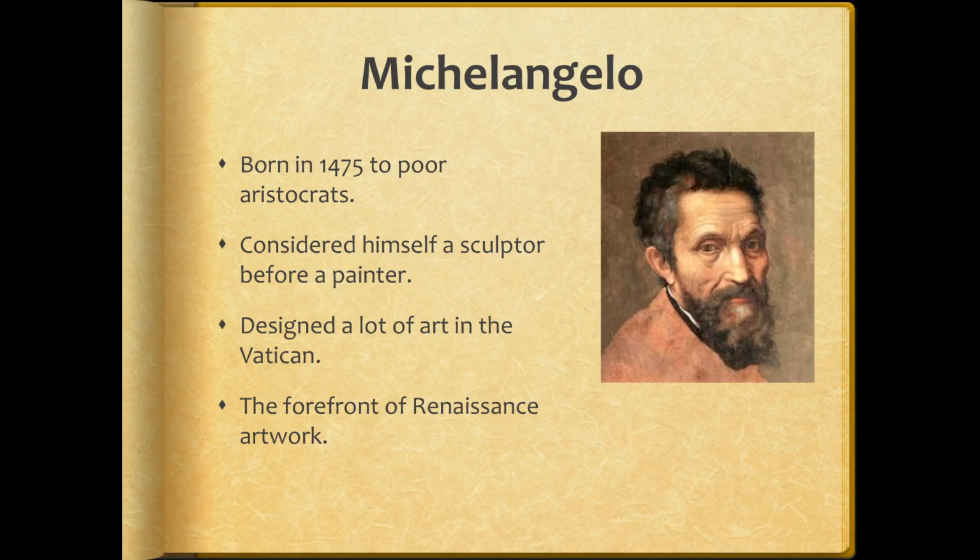He was also very critical of the popes, because back then the popes played more of a role in terms of how society was run in government. Obviously, it's not the case nowadays, but it was back then. And he was very critical of a lot of popes during his lifetime, which was kind of funny because he worked for them, and he wasn't a fan of a lot of them. But anyway, I want to talk about Michelangelo because, to this day, he's considered one of the greatest artists of all time. His art is still seen by millions of tourists and people in Italy a year. He was on the forefront of that surge of artwork during this early modern era. He was a very, very important figure back then.